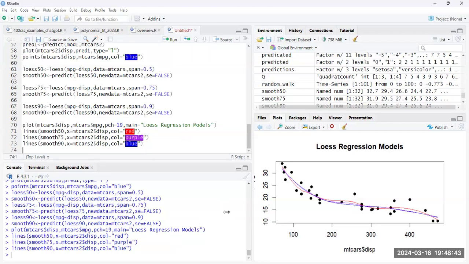So you can see, again, the blue line, which uses 90% of the data, gives a much smoother curve with much fewer twists. 75% is the purple line. So you see some deviations, particularly in the middle of the data set, from what the 90% line is doing. And then the red line you can see is much more flexible. It's using much less of the data. And so it is a little bit more